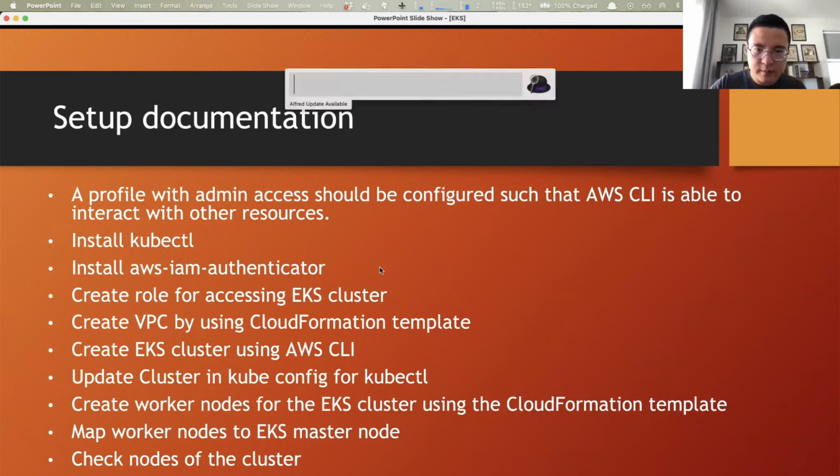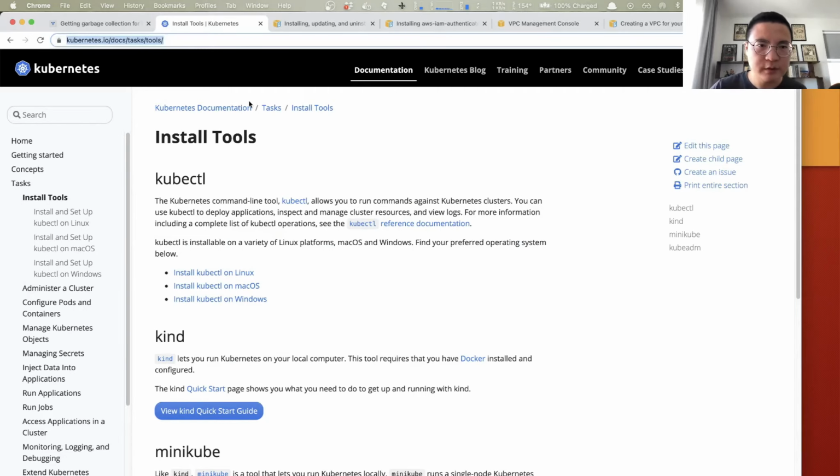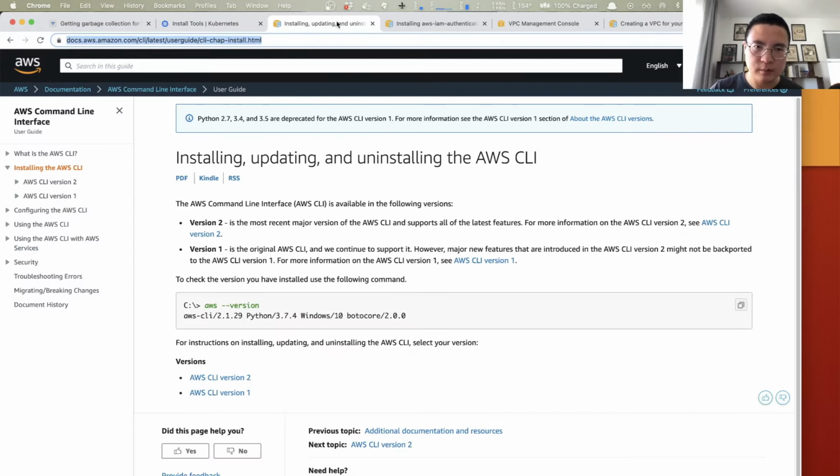All right, so let me jump to my browser. Here I'm going to share the link of install instructions for each of the components. So you're going to install them one by one. Here, let's start with kubectl. Select the instruction detail based on your OS flavor and follow the steps. It's pretty straightforward, right? And once it's done, you're going to move next to the AWS CLI,